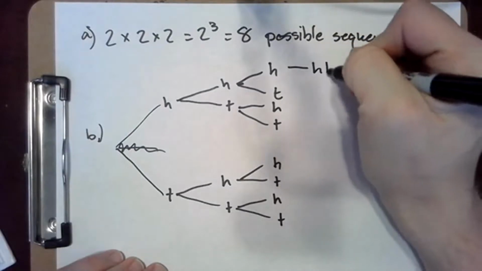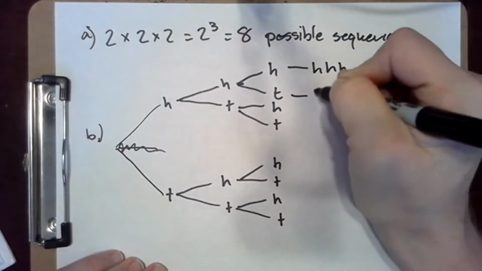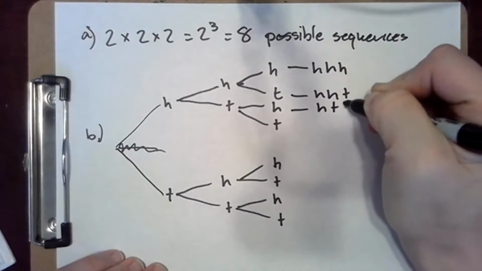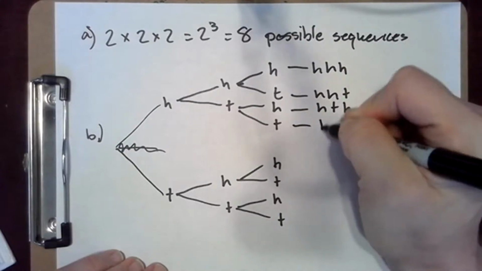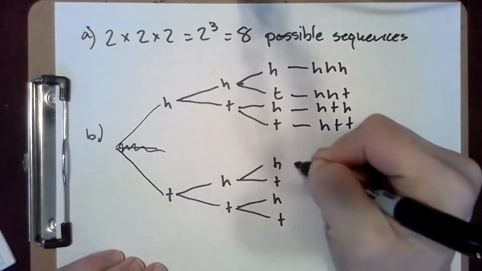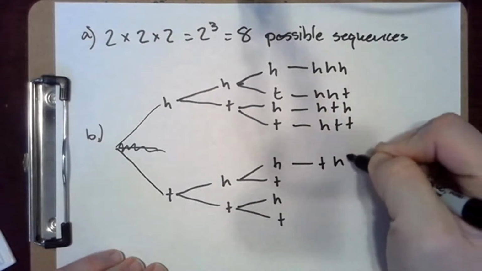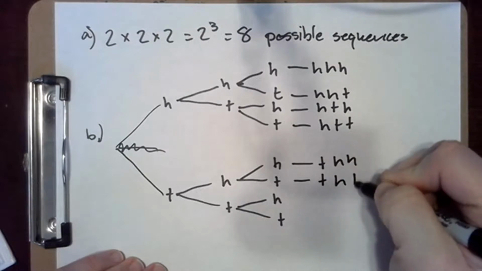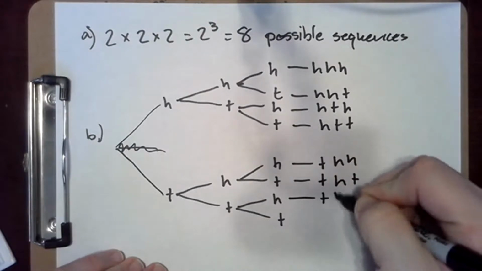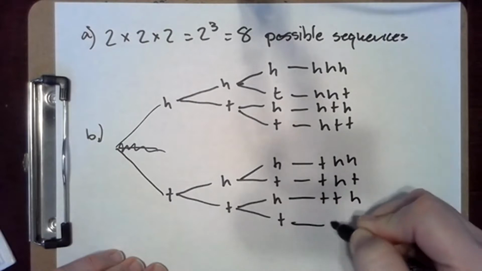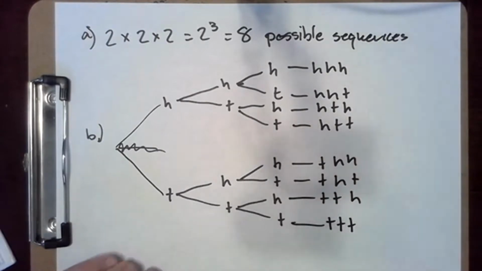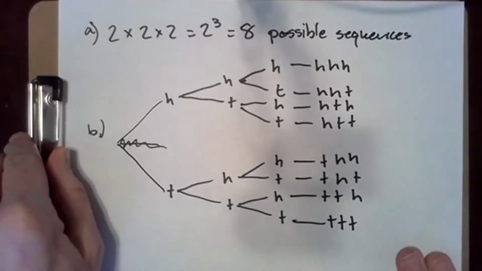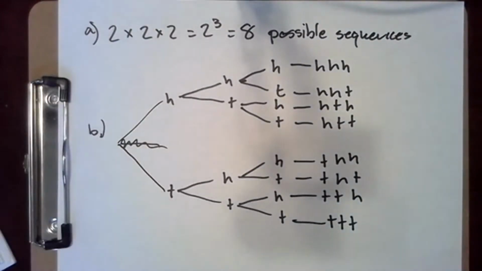So we can have 3 heads, 2 heads and then a tail, a head, a tail, and then another head, a head and then 2 tails, a tail and 2 heads, a tail, a head, and another tail, 2 tails and a head, or 3 tails. That's the first problem. Our next problem